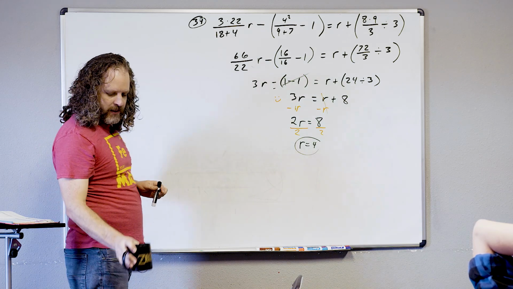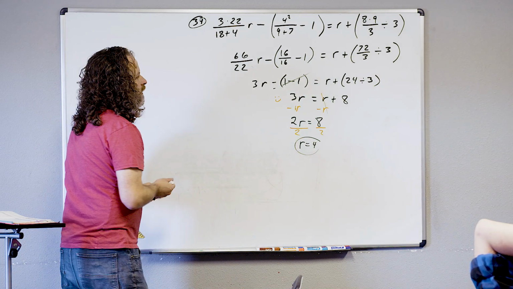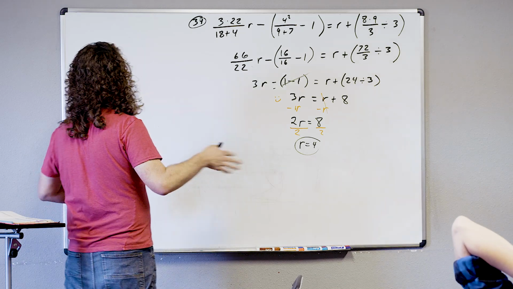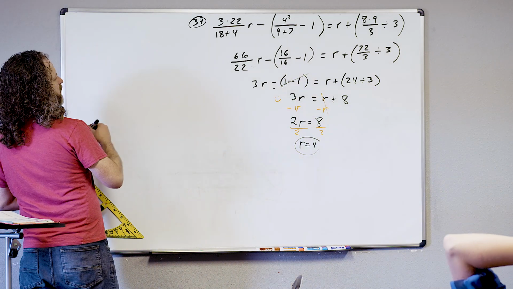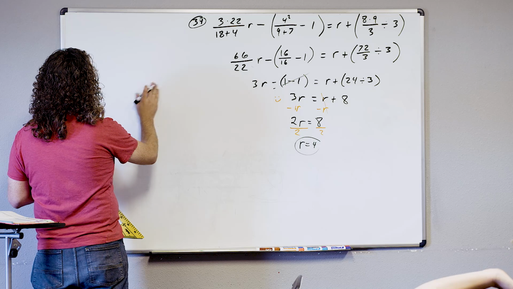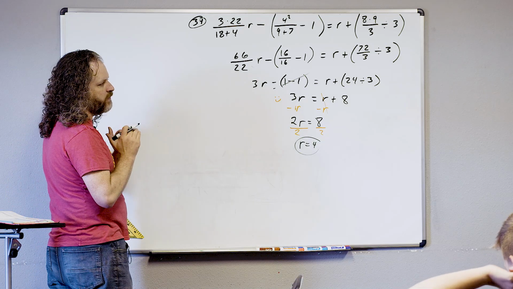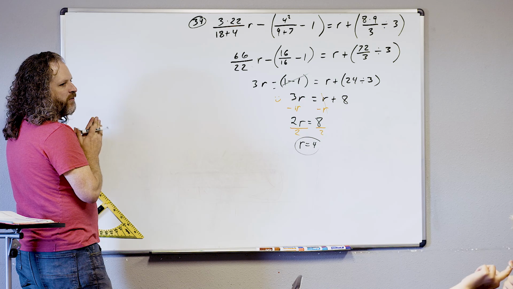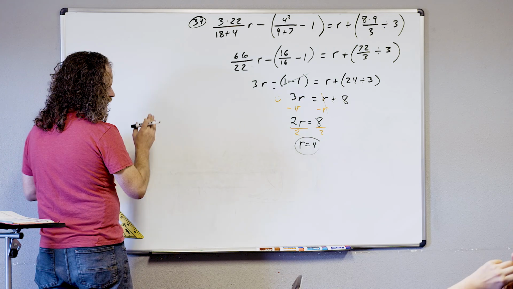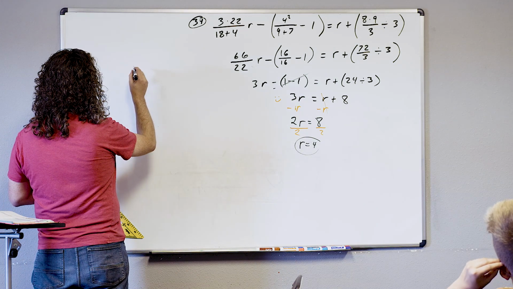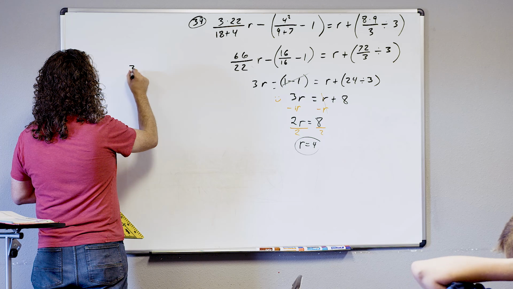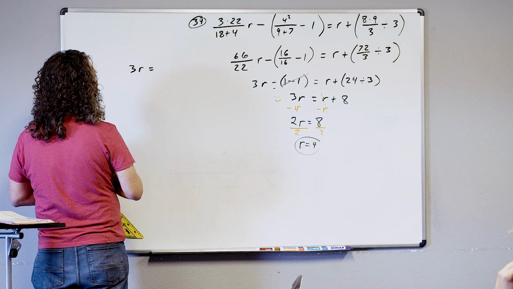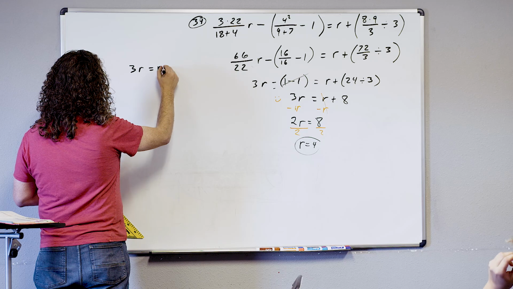So let me jump out, because you two have said basically the same thing, and I want to show you something. Even if you did what you said you did and you kept on going right, you would have ended up with R equals 0, not R equals 5. So let me show you something here. If we in fact did have 3R equals, and you both said R8,